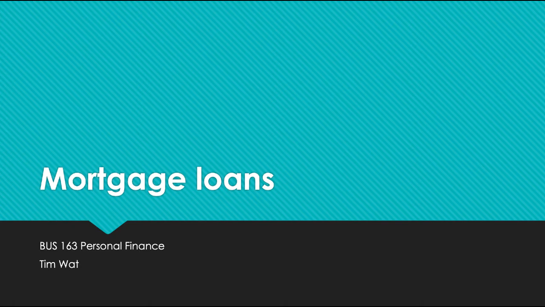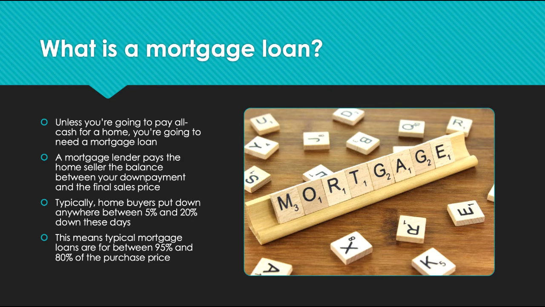What exactly is a mortgage loan? A mortgage loan essentially is a home loan. And in the United States, unless you're going to pay all cash for a home, you're going to need a mortgage. A mortgage lender pays the home seller the balance between your down payment and the final sales price. So typically, for instance, if you're buying a home for $600,000 and you're putting 10% down, that would be $60,000. That means there's still a difference of $540,000 between your down payment and the purchase price, 90% of that sales price, and that's what the mortgage loan is. It is the loan that the lender pays to the seller to complete the sale of the home, and now you owe the lender